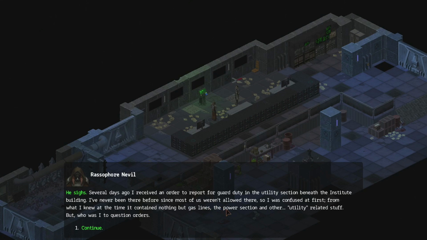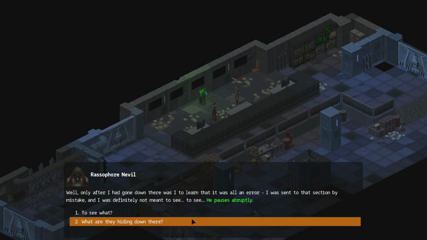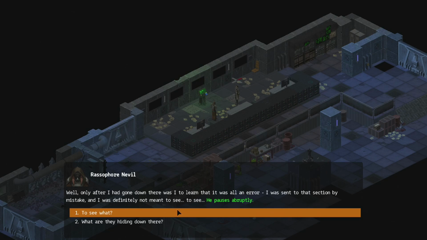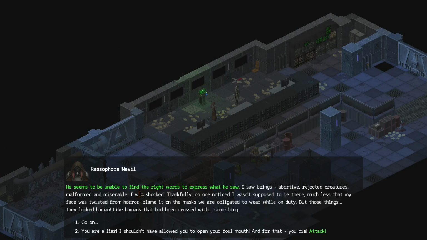The power section and other utility-related stuff. But who was I to question orders? Only after I went down there did I learn that it was all an error. I was sent to that section by mistake, and I was definitely not meant to see what I saw. I saw beings, abortive, rejected creatures, malformed and miserable. I was shocked. Thankfully, no one noticed I wasn't supposed to be there, much less that my face was twisted